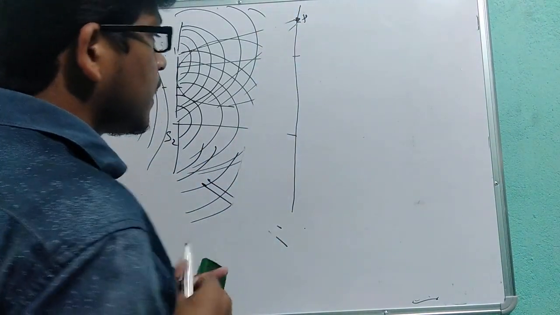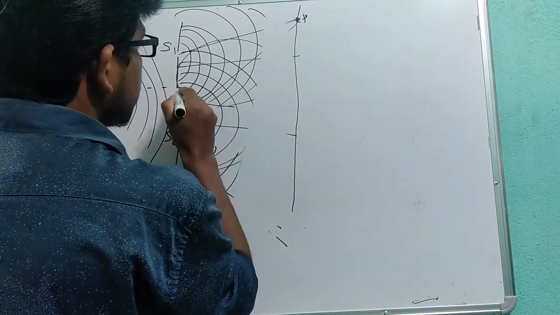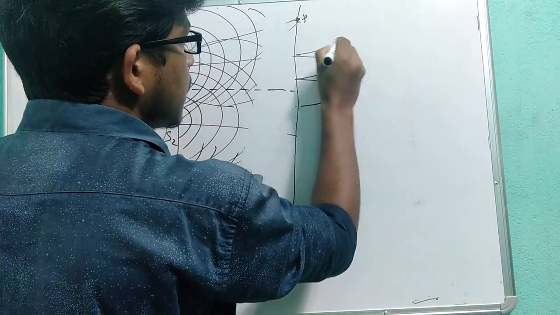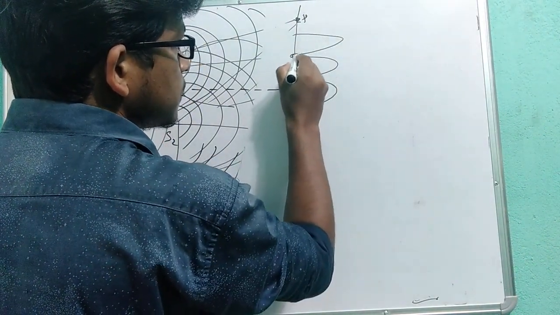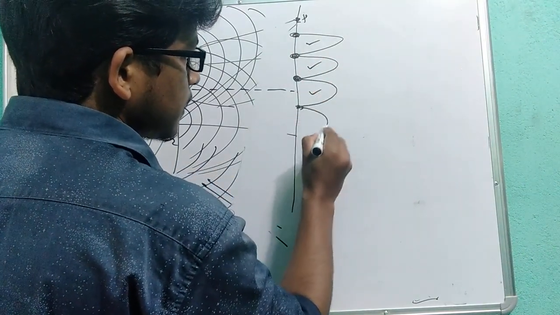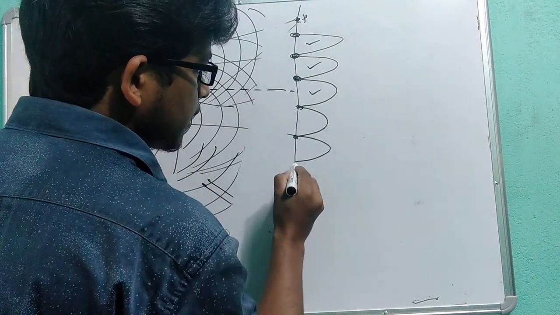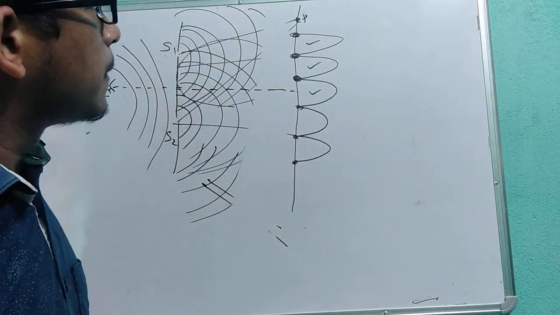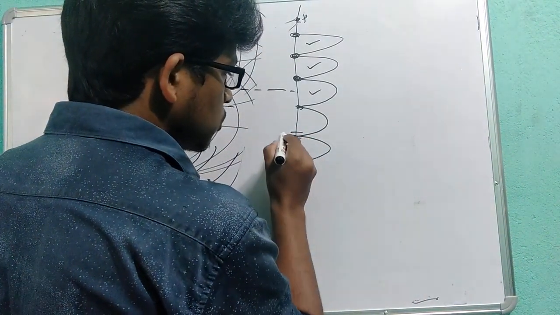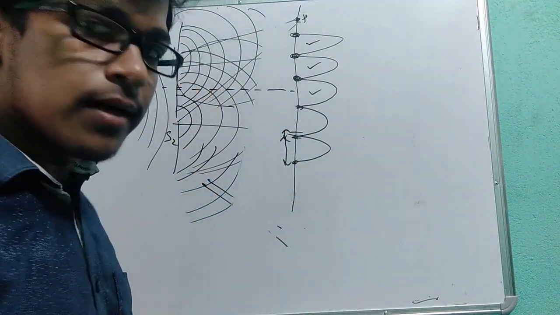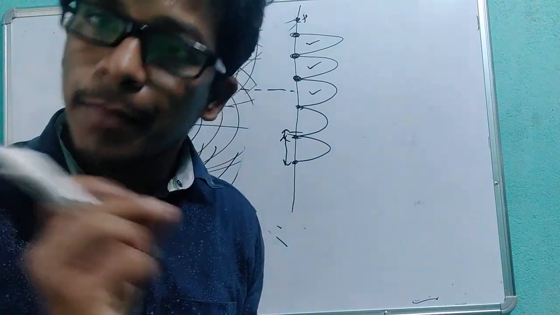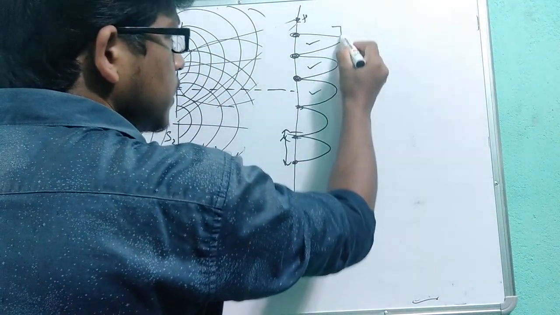Okay, so by that, at the center you are getting one maxima, remember guys, then dark, then light. This is the dark region, this is your light region, then again dark, again light, again dark, again light region. So we calculated this width also, and we saw that the width of a dark fringe is the same as the width of a bright fringe. So we calculated this.